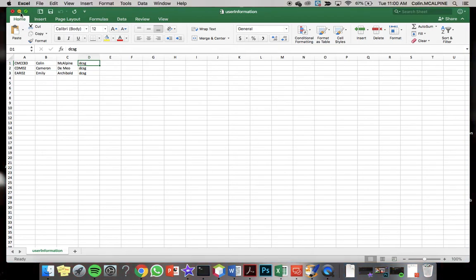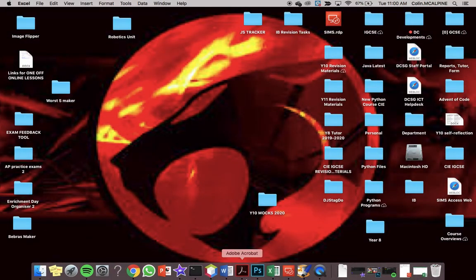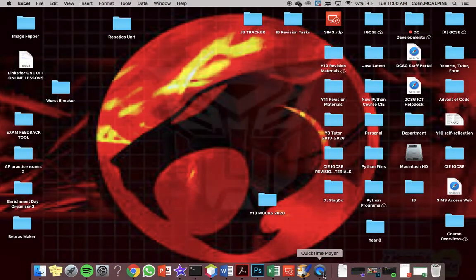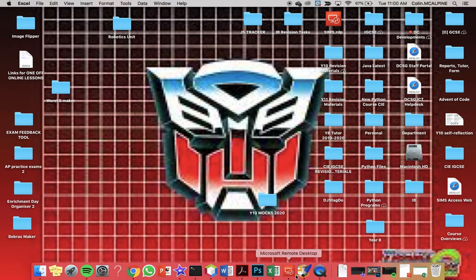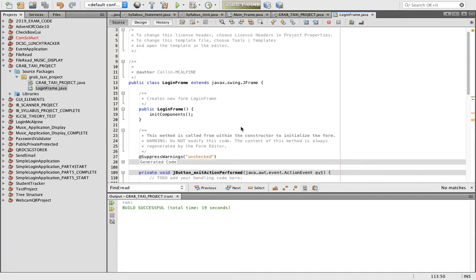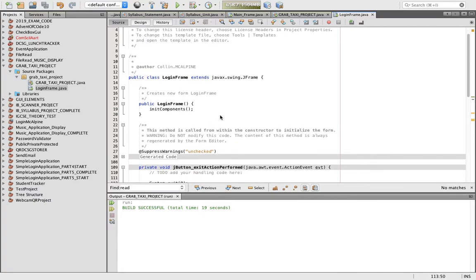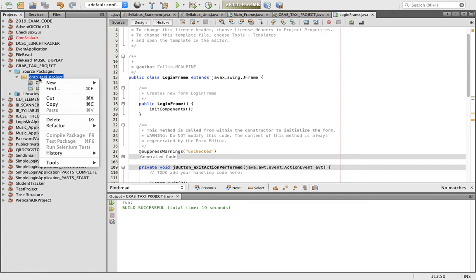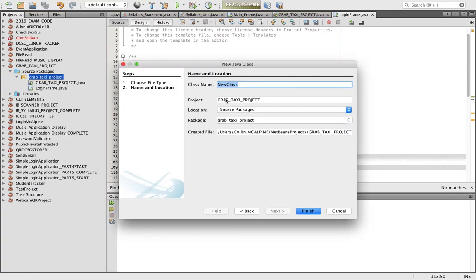So I want to create a class to be able to structure and hold that information, and then I will create an array list of that particular class in here. That will allow me to store all the usernames and passwords for a user when they log in, to check that they exist. So similar to last time, right click and choose new Java class, and I will call this one user